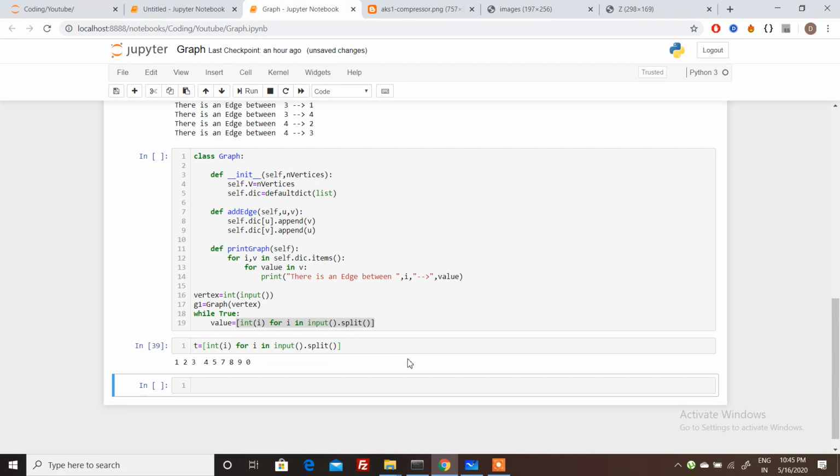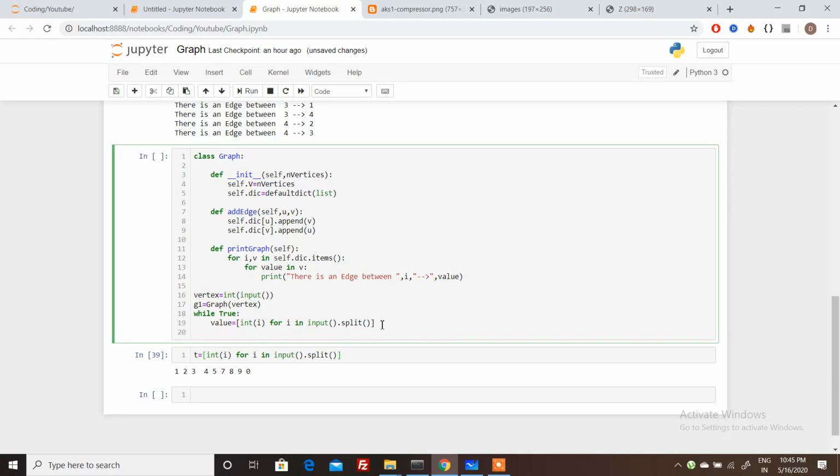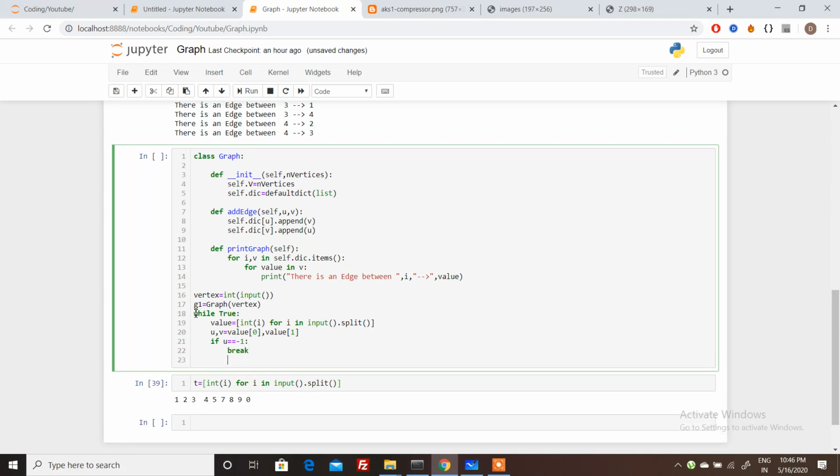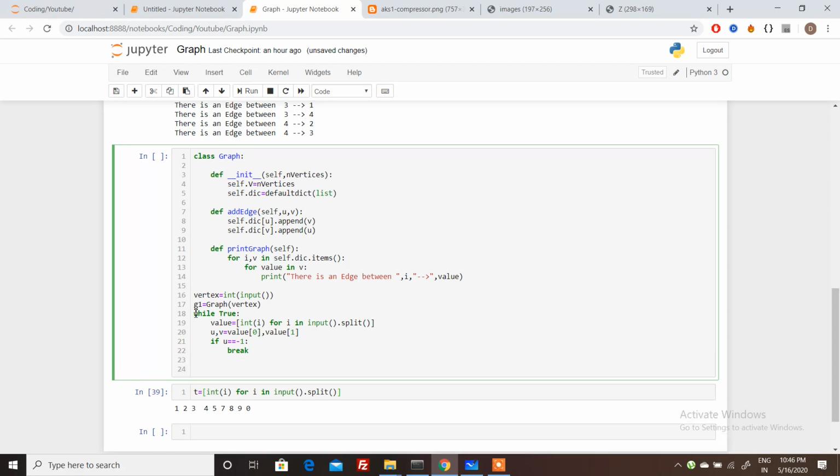In this case we want only 2 values, so we will give only 2 values. Value of 0 represents u and value of 1 represents v. In this loop we run while True, so how will we break this loop? If u is equal to -1, we will break from the loop. You can put any condition you want.